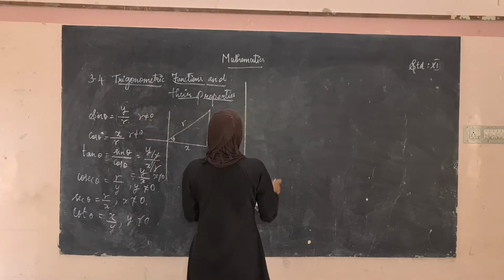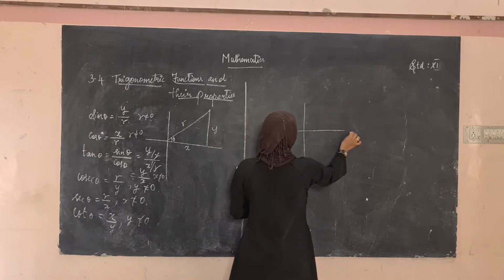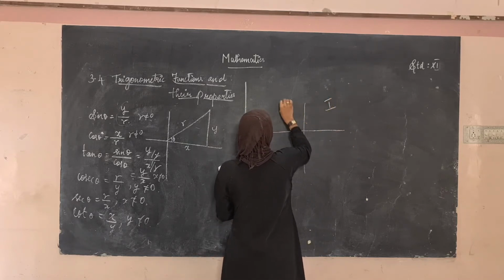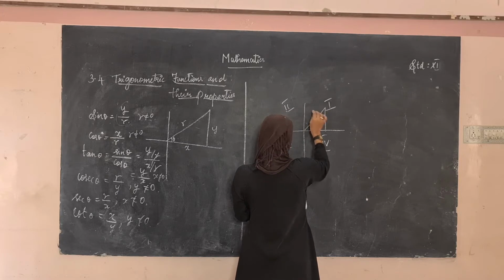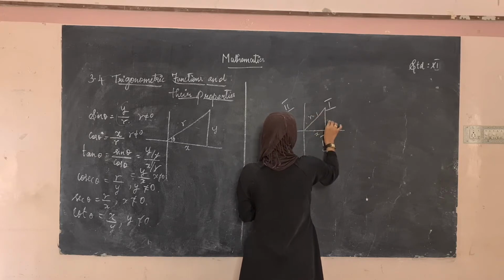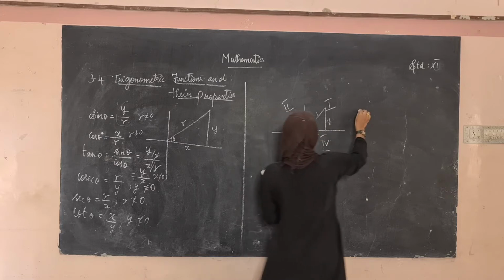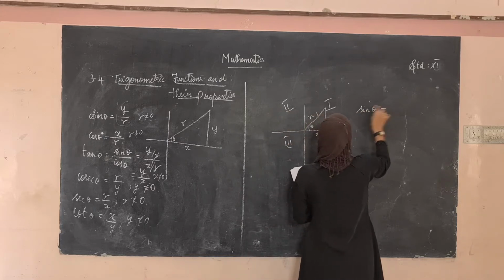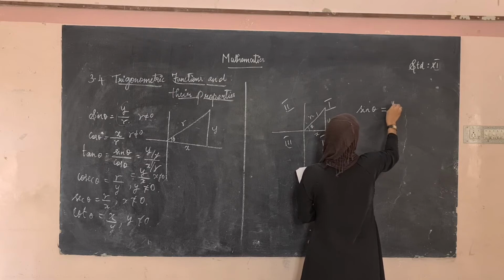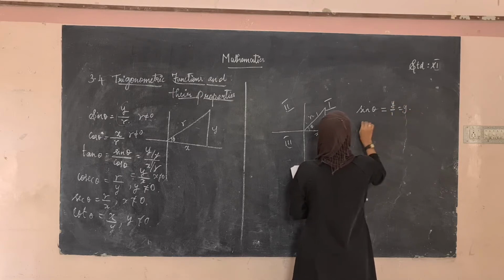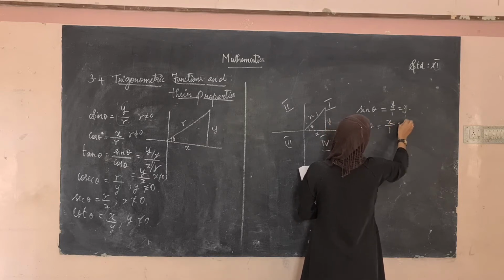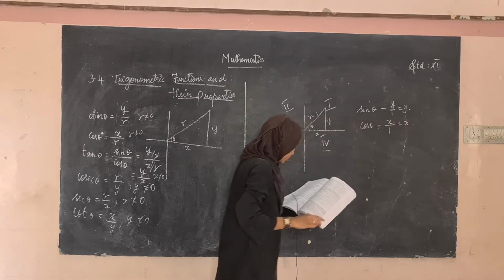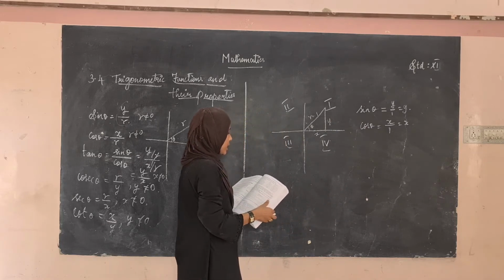Okay, the same thing. We know that this is first quadrant, second quadrant, third quadrant, and this is the fourth quadrant. Okay, the same thing. If we are taking r is equal to 1, this is x and this is y, this is theta. Then what is sine theta? Sine theta is y divided by r. That is y divided by 1, which is equal to y. And what about cos theta? Cos theta is equal to x divided by r. R is 1, which is equal to x. Therefore, x is equal to cos theta and y is equal to sine theta.